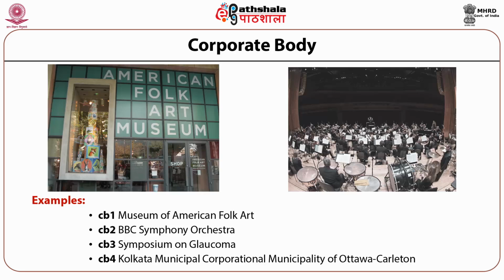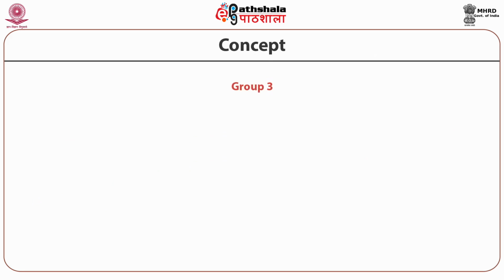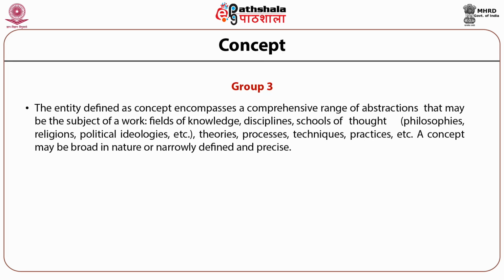So when they are bringing something, it belongs to the corporate body. When an individual has done something, it is called the person. So have a clear-cut idea between person and corporate body. Then to tell you about concept, to be more clarified, you must understand properly. Now, the entity defined as concept encompasses a comprehensive range of abstractions that may be the subject of a work